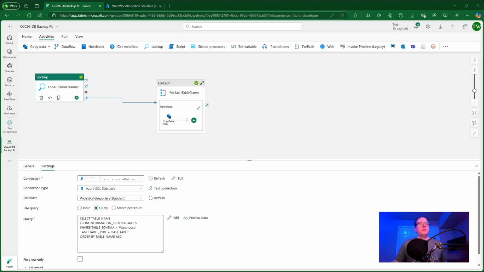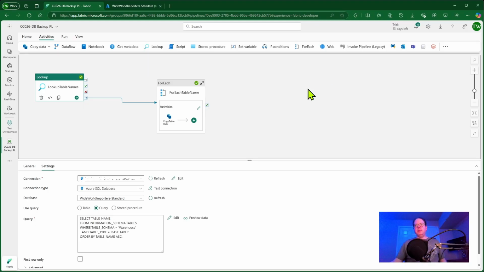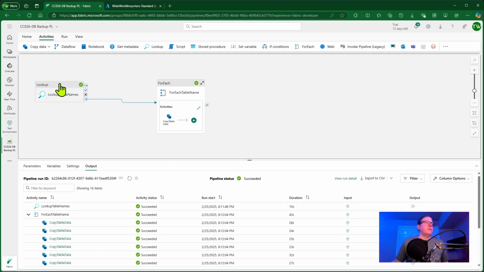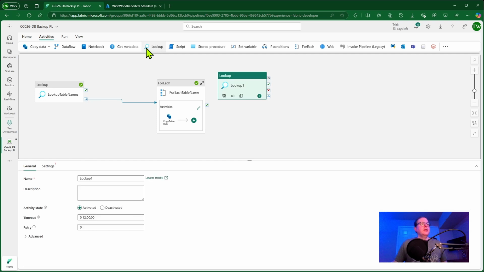So come back here to our pipeline. If you go to activities, so you'll start from the home, you're going to go to activities, and your first activity is going to be a lookup. So you can just click here, it'll create a new lookup. You can give it a name,